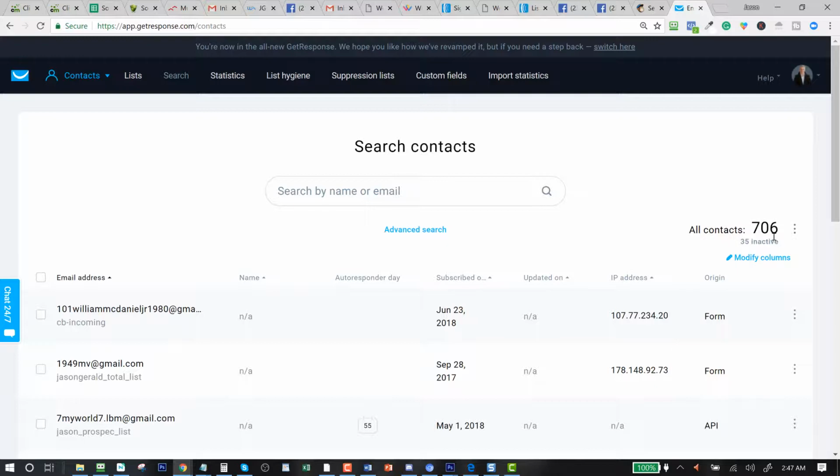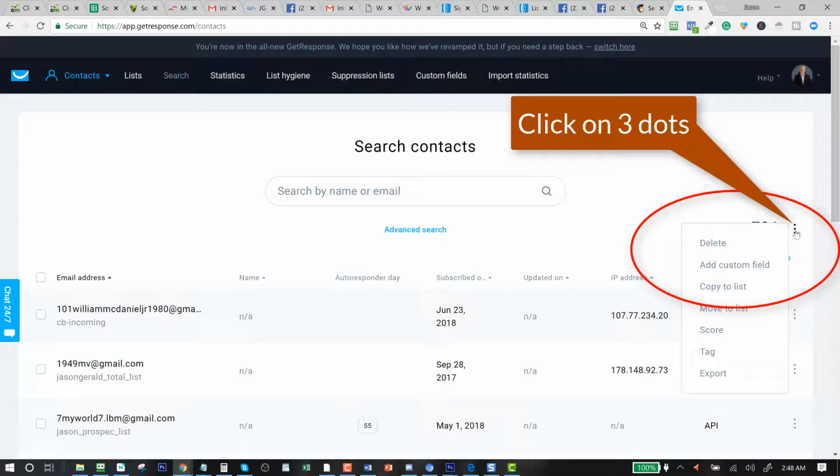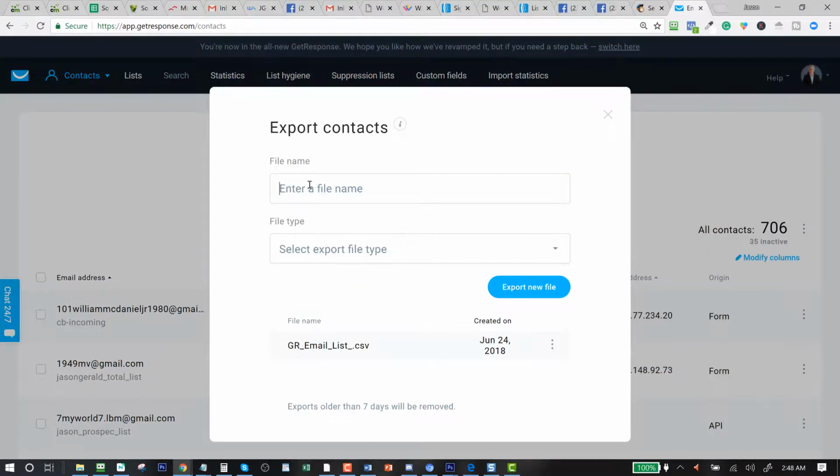And right now you can see I have 706 people on my contact list, and what you do is you right click over here and you export to your hard drive. Now you would name it, and I'll just say GetResponse backup, and I'll name it today, which is the 26th, so